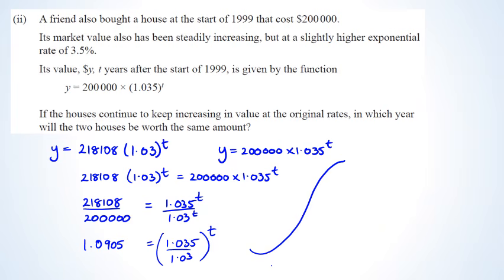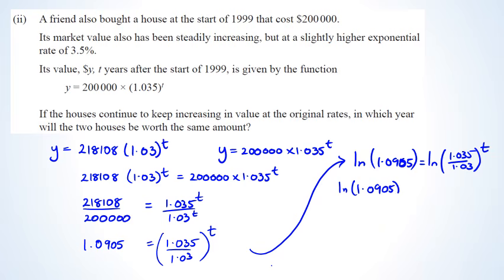So at this point, guys, you need to take logs of both sides to actually work this out. So this will look like ln of 1.0905 equals ln of 1.035 divided by 1.03 to the power of t. And now we can bring the t in front, so we're going to get ln of 1.0905 equals t multiplied by ln of 1.035 divided by 1.03, which means t equals ln of